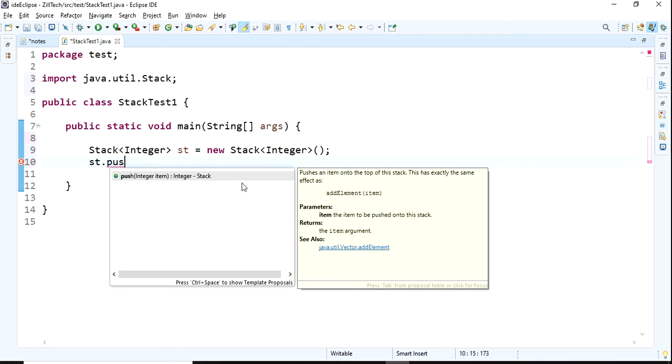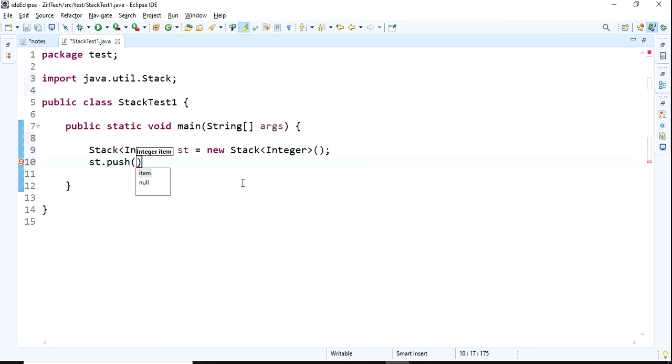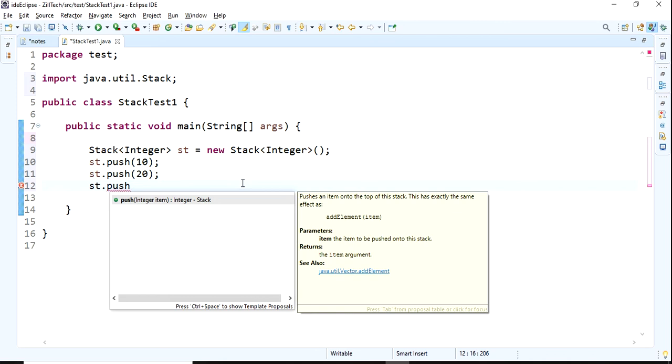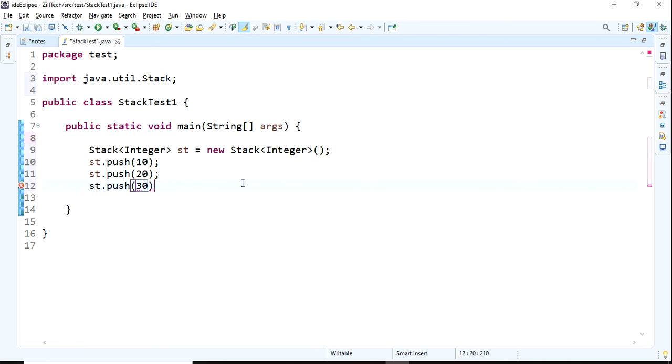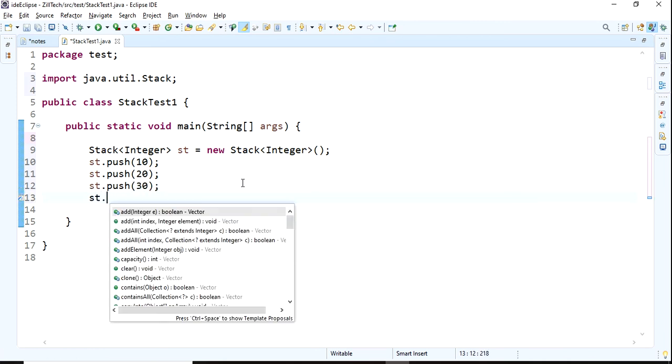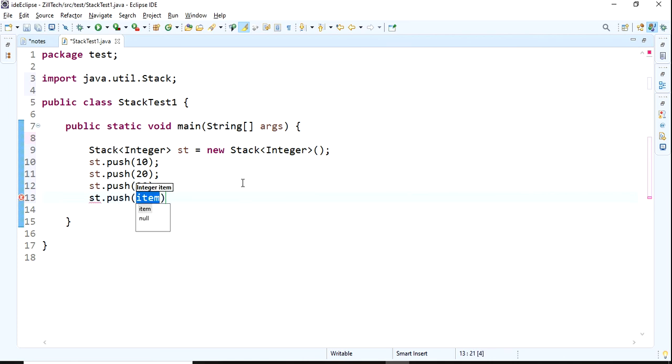I want to push the element on top of the stack, like 10, st dot push 10, push 20, push 30, push 40, and next I want to print the stack.